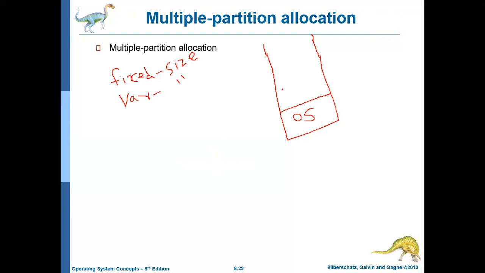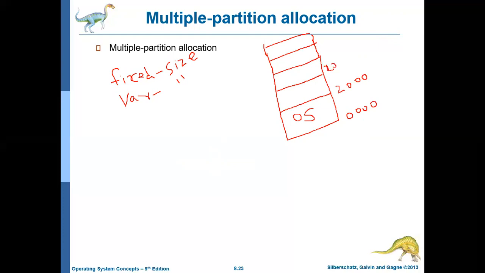With fixed size partition, the entire memory will be divided into partitions of fixed sizes. As usual, let us assume the starting address is 3000, and the operating system occupies up to 2000. Then the remaining memory is divided into partitions of size 100 MB each.